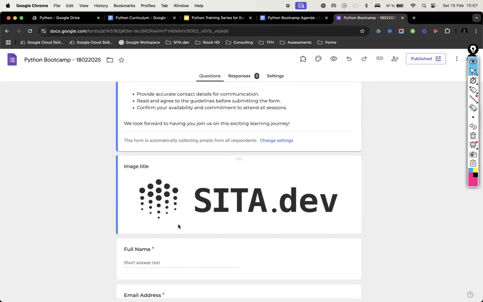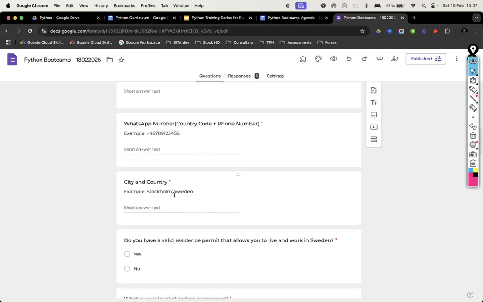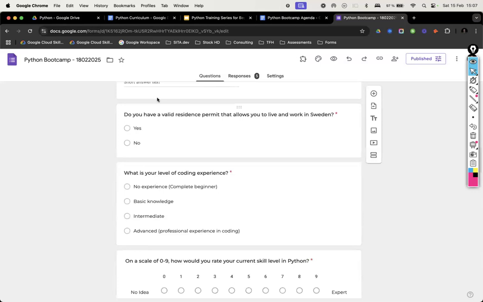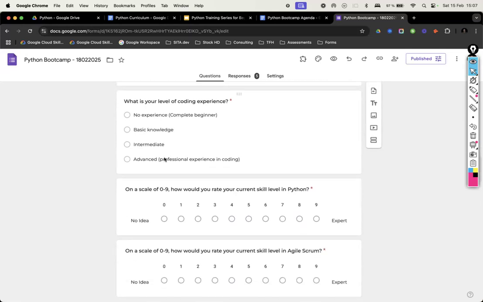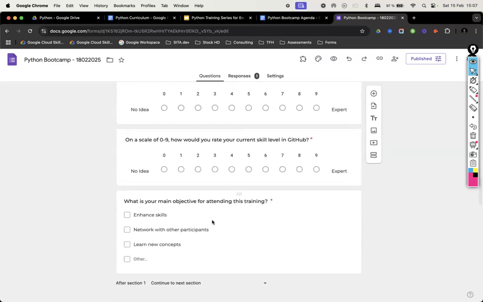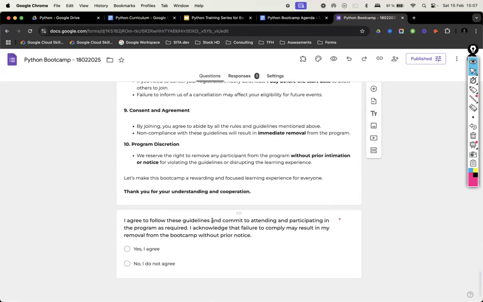And some basic questions like your phone number, email address, and WhatsApp number, so that we can add you in the group, and where you are attending from. It doesn't matter where you are. This is 100% online, so you can attend from anywhere. But if you are in Sweden, it's good because we also conduct a lot of in-person meetups and potlucks. You can also come and join there. And some basic questions to understand your background. Very simple form.